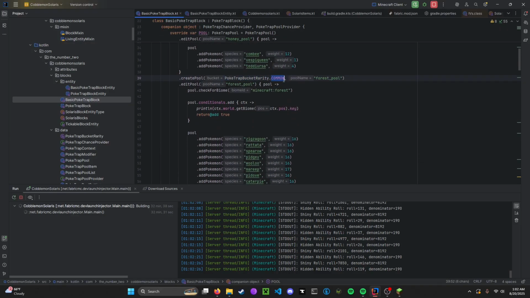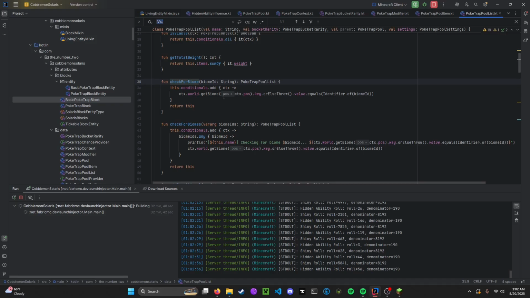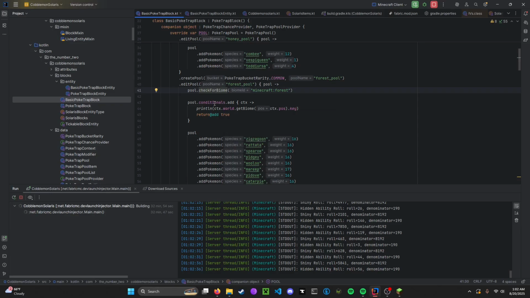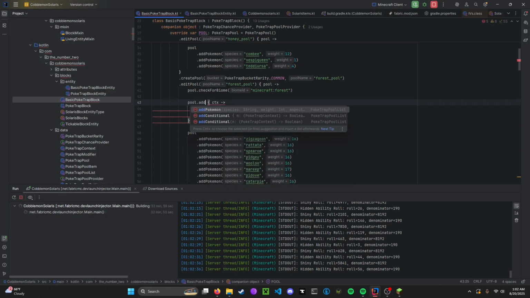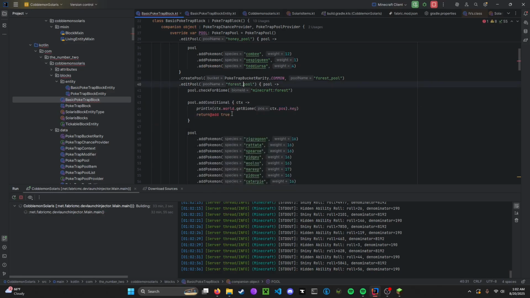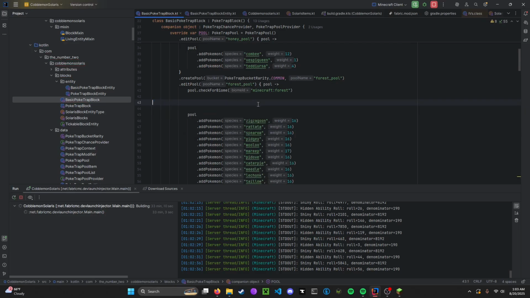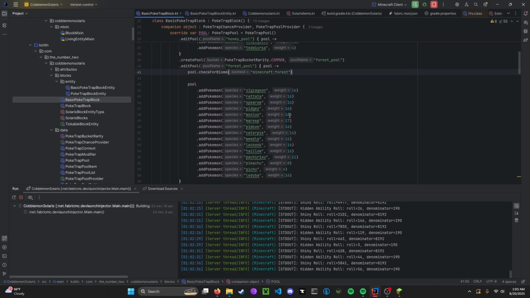So it has a rarity of common, it's called Forest Pool, and it checks for a biome, first off. Which essentially just expands out into this code, which just checks for whatever biome is listed there. Dot add conditional. A lot of this is still testing code that I was trying to more or less figure out. Yeah, that can go actually. That doesn't need to exist. That was testing code, but it's just